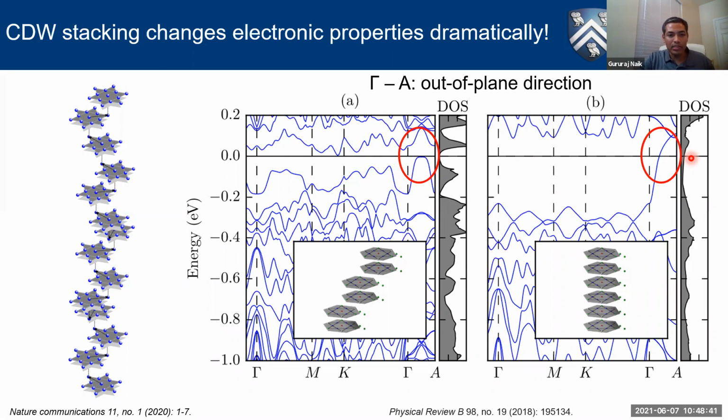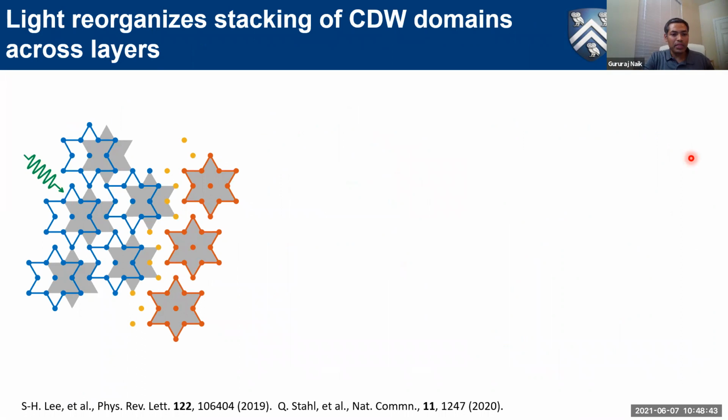That's what we hypothesized. So we said here is what happens. At room temperature, probably both these kinds of stackings happen. Here the gray stars are the bottom layer stars, and the hollow stars are the top layer stars. So the blue domains have staggered stacking, while the red domains, the red structures, have center to center stacking on top of each other. Okay, so you can have both of them, but energetically the blue stacking is favored, so they're probably more in number.